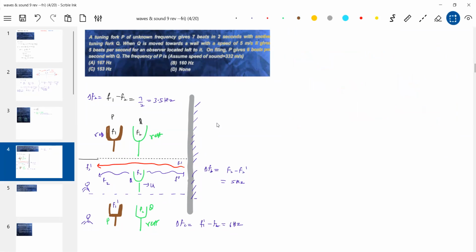Okay, let me do one thing. F2 is again F2. There are 2 things: F2 dash and F2 double dash. For the beat frequency, if the observer is moving, we'll get another equation, sir. But the observer is stationary, sir. F2 dash will be the same as F2, and F2 double dash will be the same as F2 dash. Okay, wait, let me work out the problem. Okay, now I'll come to this delta FB.